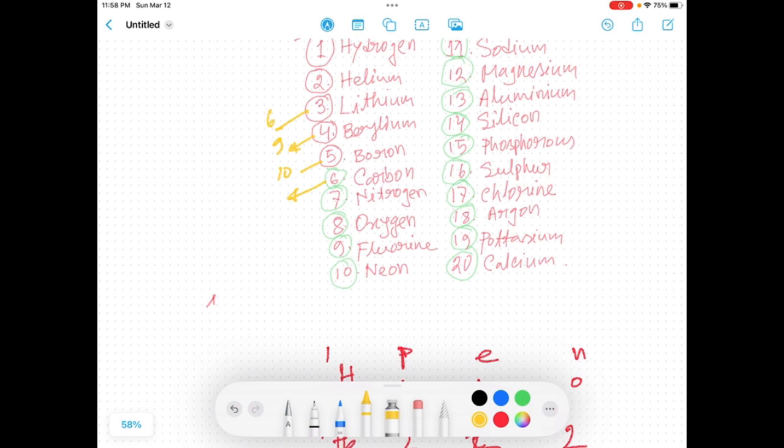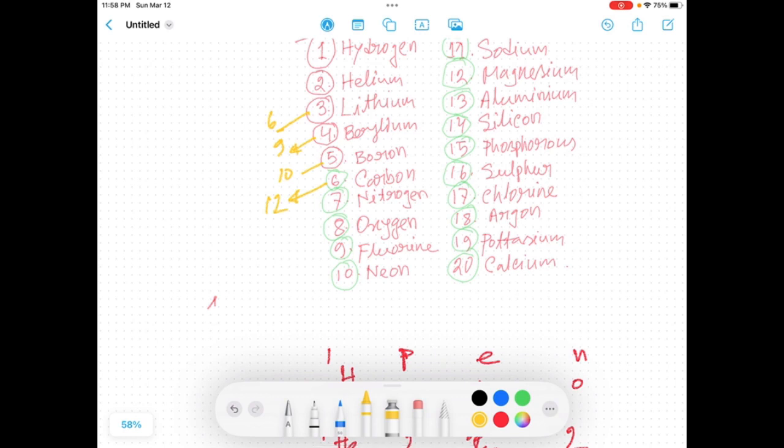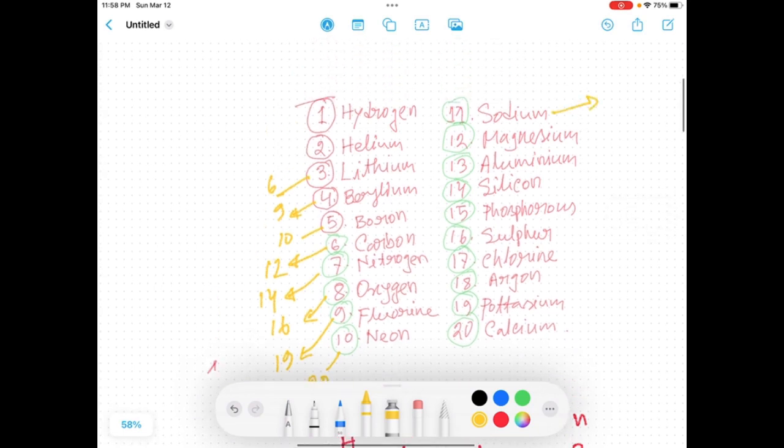Carbon 6, so 12, and nitrogen 7, so mass number 14, oxygen 8, mass number 16, fluorine 9, mass number 19, 1 unit more, neon 10, it should be 20, and sodium 11 times 2, 22, so it is 23, magnesium 12, so times 2, 24, aluminum 13, so it will be 1 unit more, 13 times 2, 26, so it will be 27, silicon 28, phosphorus 15 times 2 is 30, but it will be 31, 1 unit more, sulfur 16, so double will be 32, chlorine 17, so double is 34, but it is 35.5, 1.5 units more,